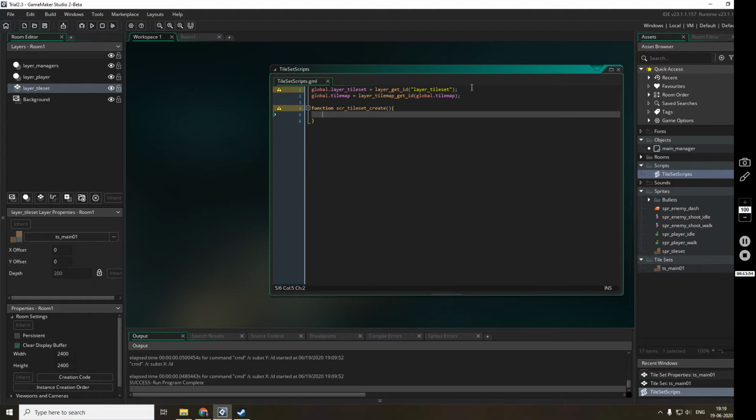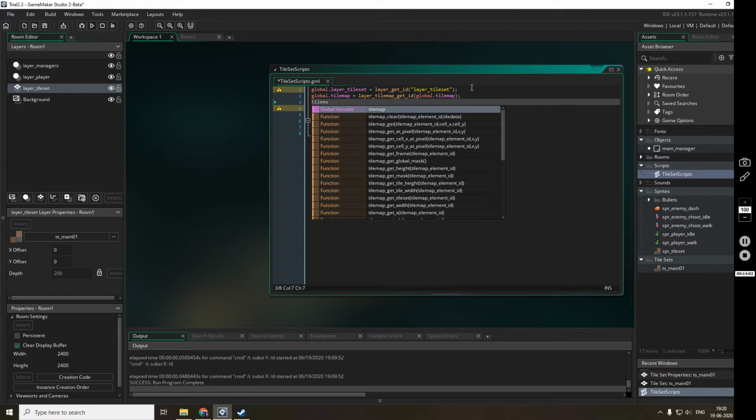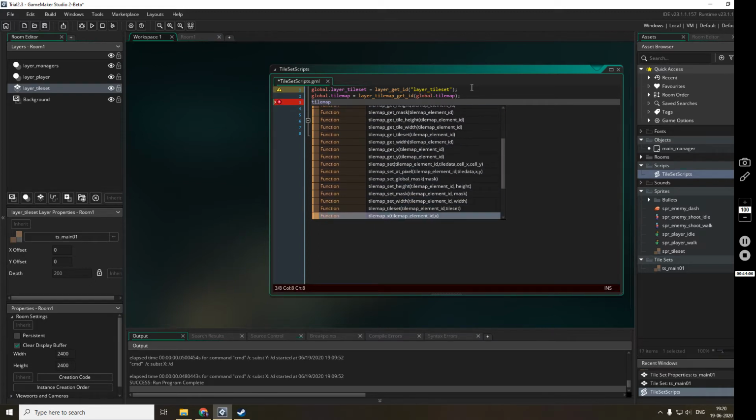Now I'll try to set all the values of this tile map. Okay, now I have other functions, tile map set height and set width. These functions are there.